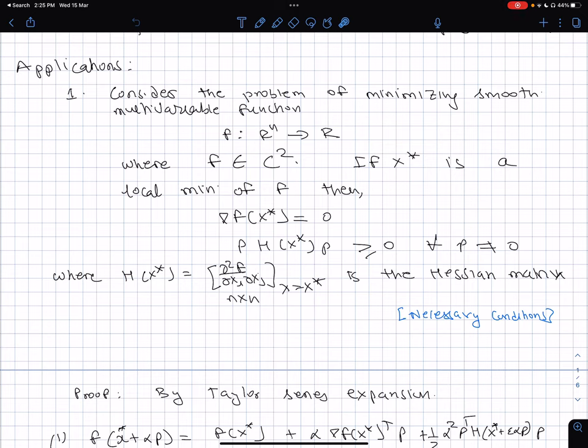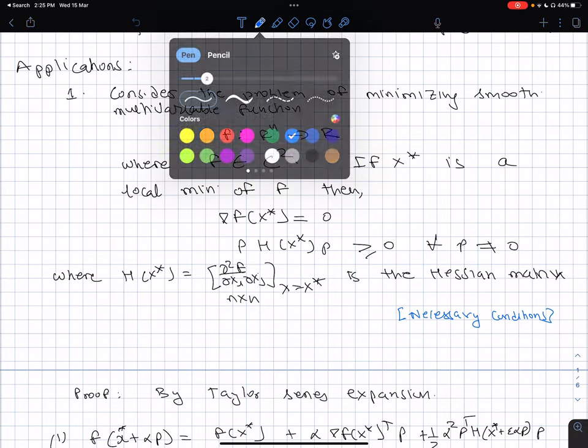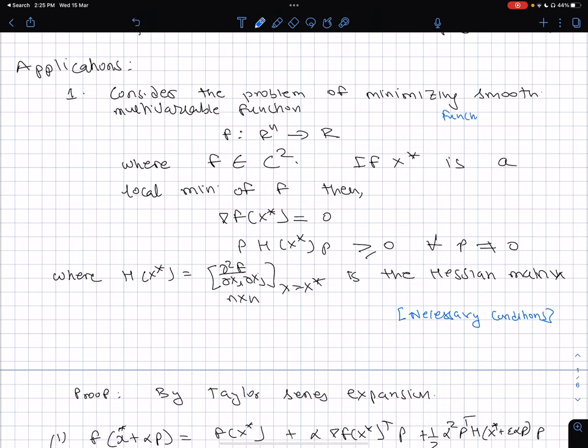So let's begin. Consider the problem of minimizing a smooth multivariate function. By smoothness, generally what is implied is that the function can be differentiated any number of times. But actually this application only requires the function to be differentiable twice and that. So what it means is, suppose it's a univariate function, then